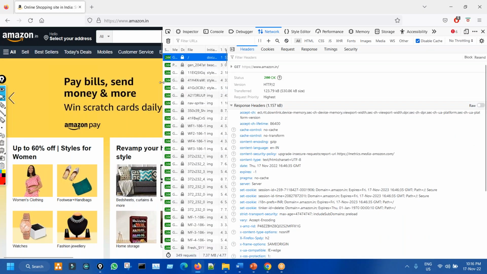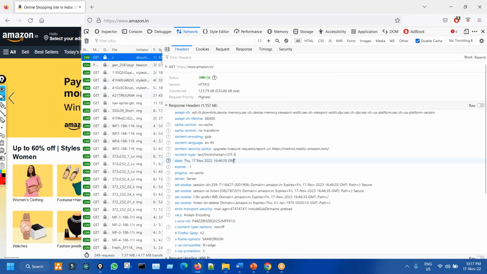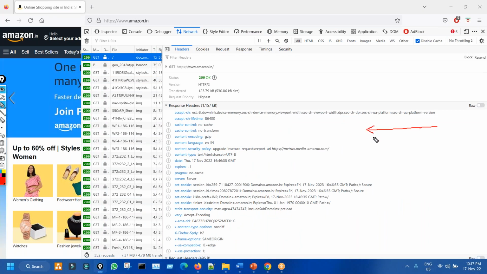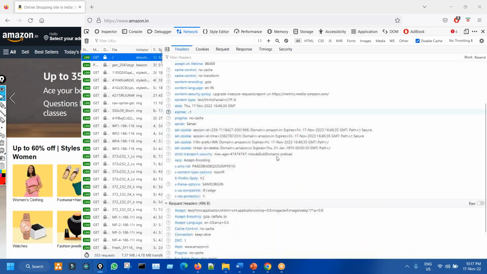So you see here in the response header. First time I'm visiting this website, so generally in the response, the cookie value will come the first time from the server side only, and these are part of the header. So in the response header, let us find something here. Cookies, you see